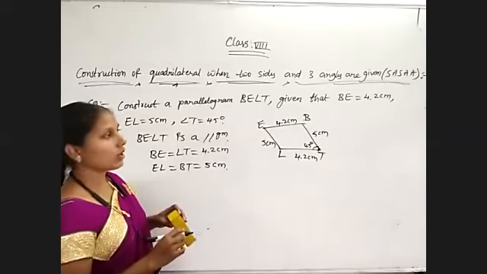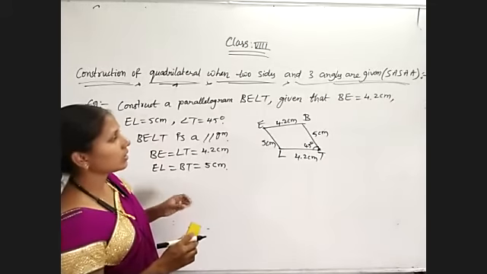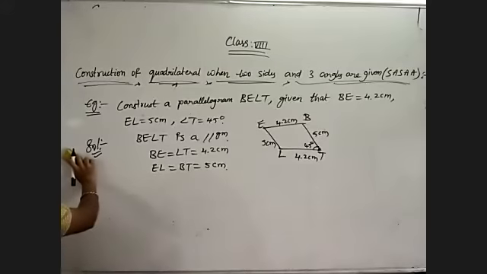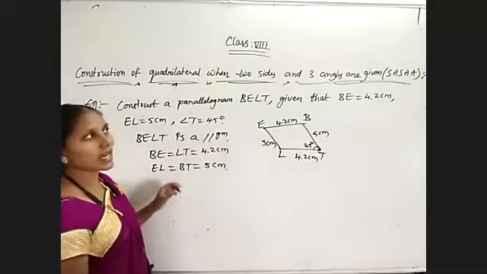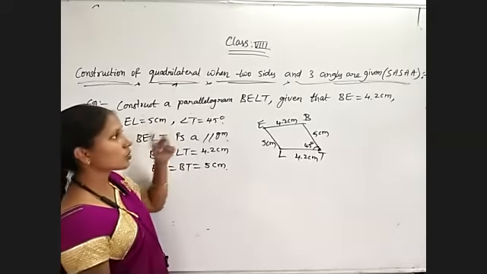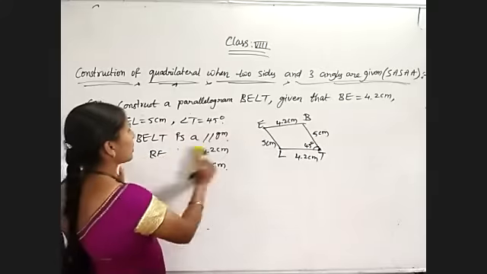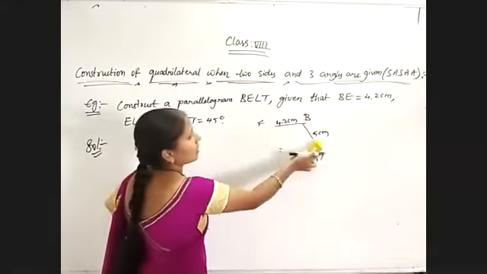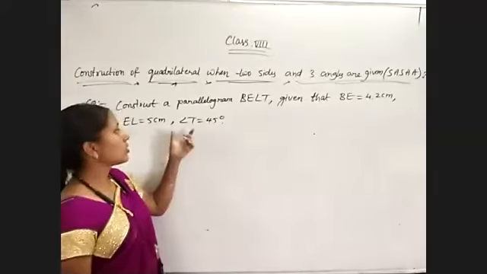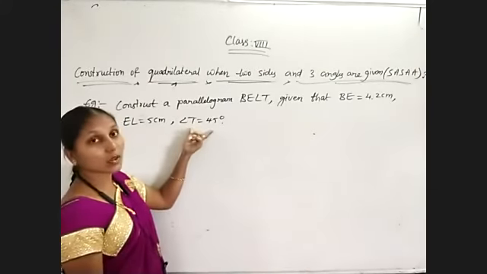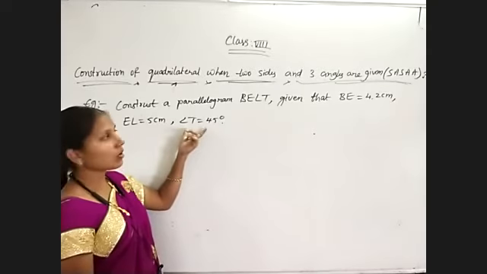Now construct the parallelogram. Actually, if we are using side, angle, side, we use those two sides only. Now observe the angles. Take the angles for a parallelogram, because here we are using angles. I'm not going to take the sides because I'm taking the example for angles. So I'm finding the remaining two angles. I want three angles here.